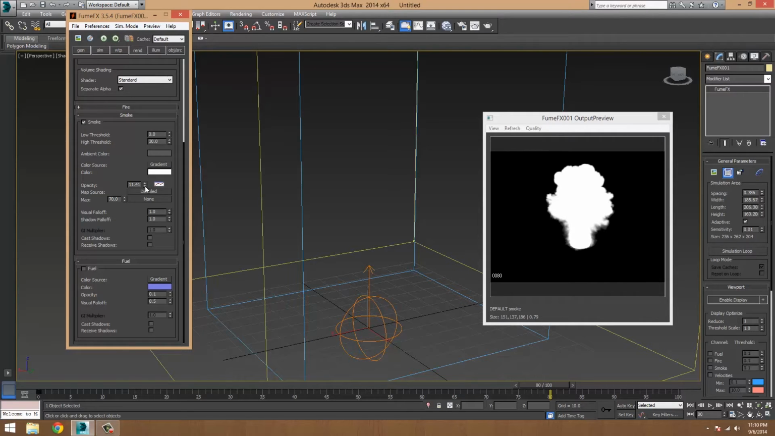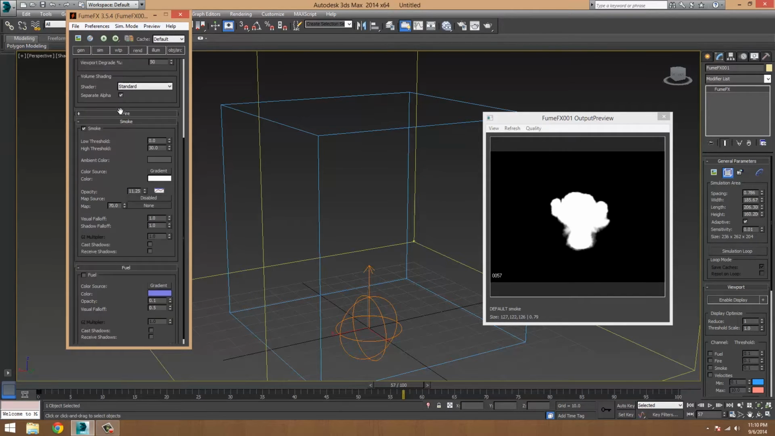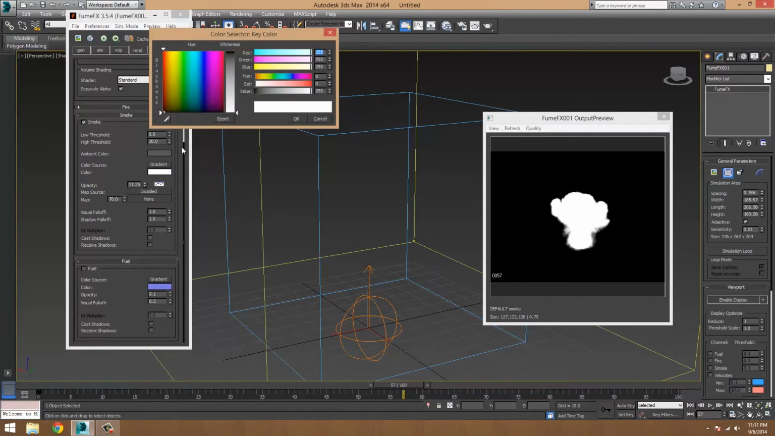Okay, so I would say maybe let's go to a different point in time. I would say 11 would be good, not bad. Maybe 10. Okay, and this is basically where we're going to change the color of the smoke. By default, it's going to be in key mode, so we want to right click this and select keyless mode. So now we can just click on this color, and okay, let's set this to